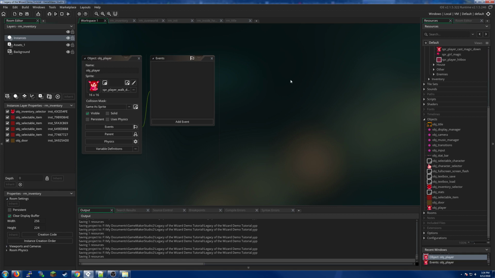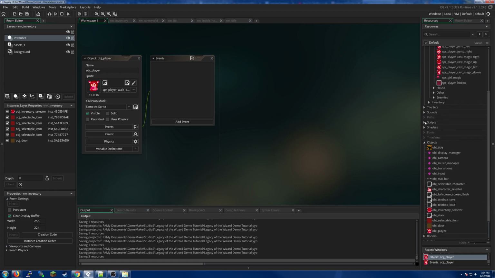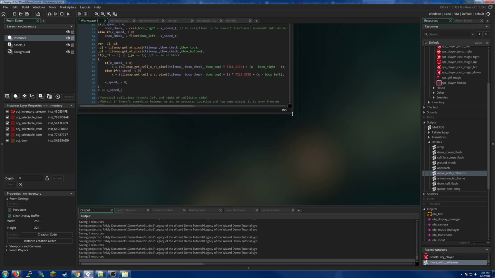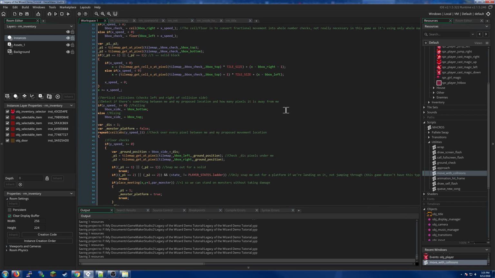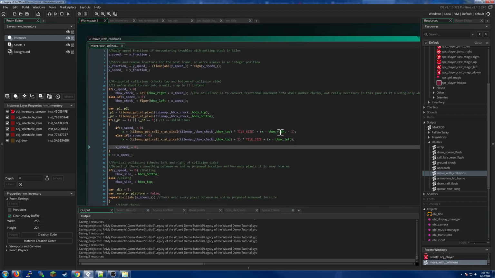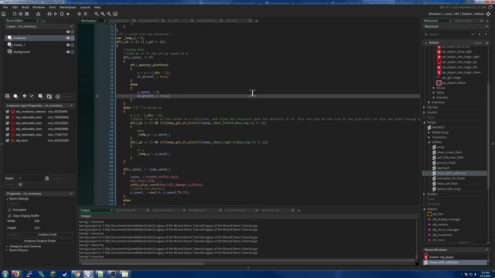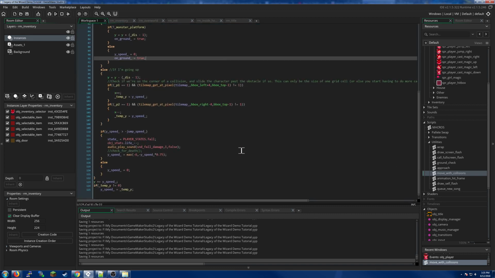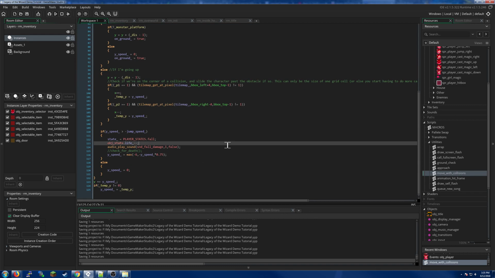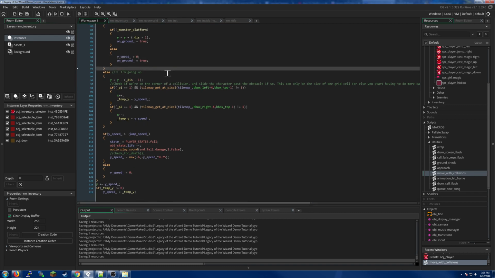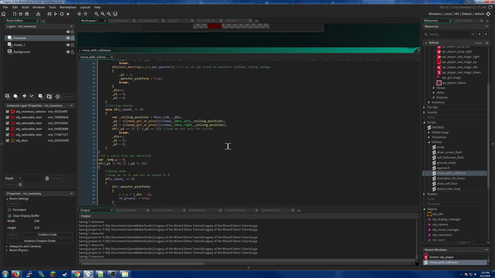So specifically, let's take a look over at our scripts. We are going to be using this, where is it, move with collisions script, and as you can see, this is a huge script containing tons and tons of code with all sorts of collisions and all sorts of interesting things that help keep our player character from falling through the ground, so they can jump on top of monsters, so they can climb up ladders, and it's really complicated and very